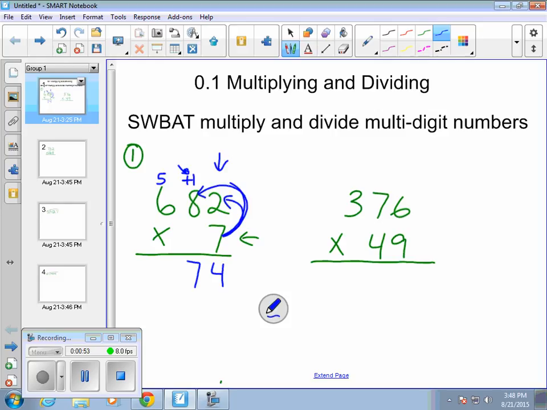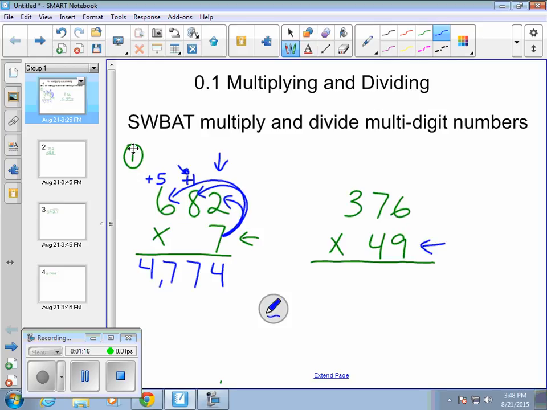Then 7 times 6 is 42, and I'm adding 5, which gives me 47. Altogether, I get 4,774. Our second problem is slightly different because we have two digits in our multiplier, the number that we're multiplying